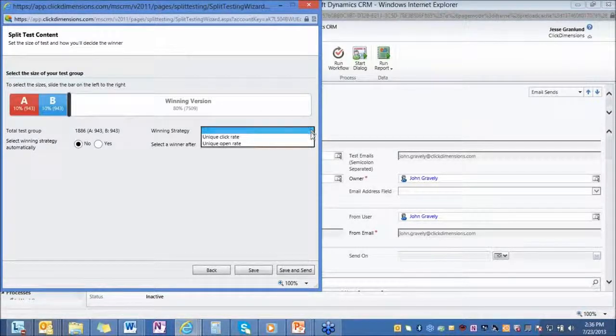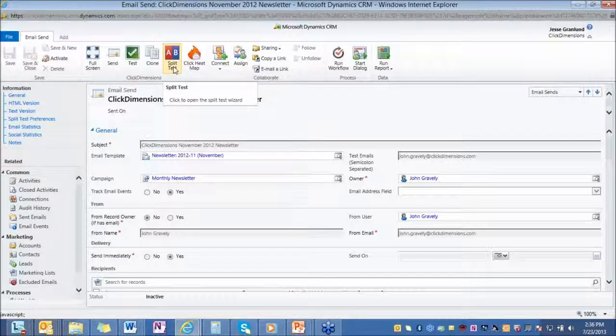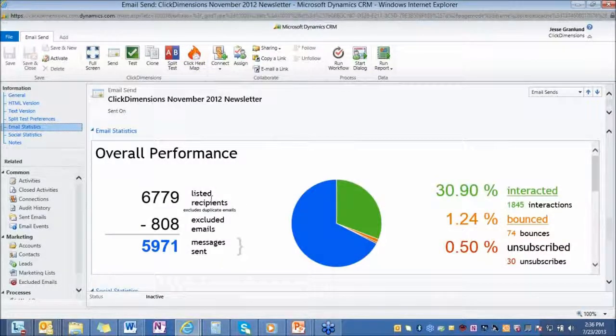And you can determine whether the winning strategy is based on unique click rates or unique open rates. So that's split testing. The email send record is also where, after the fact, after you've sent out your email, you can come back in to see some statistics on the email. So if you want to see email statistics, you can come over here and you can see performance in terms